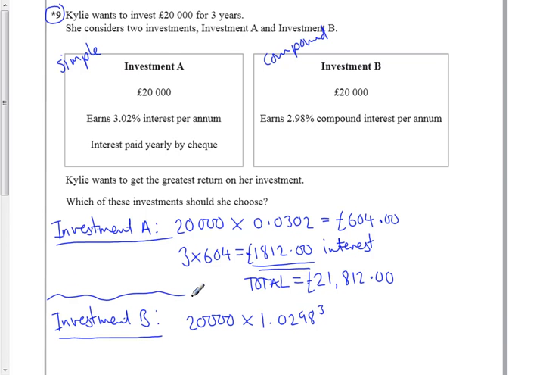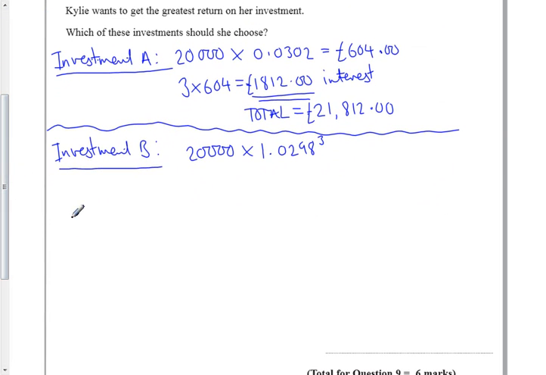So the calculation for compound interest is the investment multiplied by the interest rate added on to 1. So the interest rate is 2.98% plus 1, all to the power of how many years it gets invested for. So all I've got to do is £20,000 times 1.0298 to the power of 3,